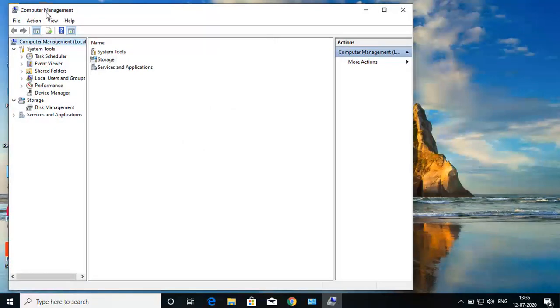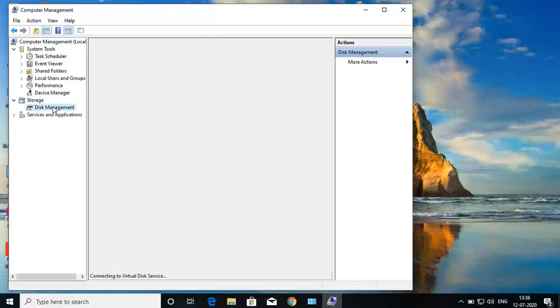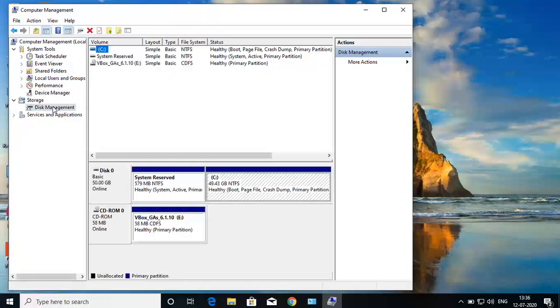Now you can see that Computer Management is open, and we will go to Disk Management. Here we can see the System Reserved partition, which is a very small size and is for system management, and the other is our C drive.